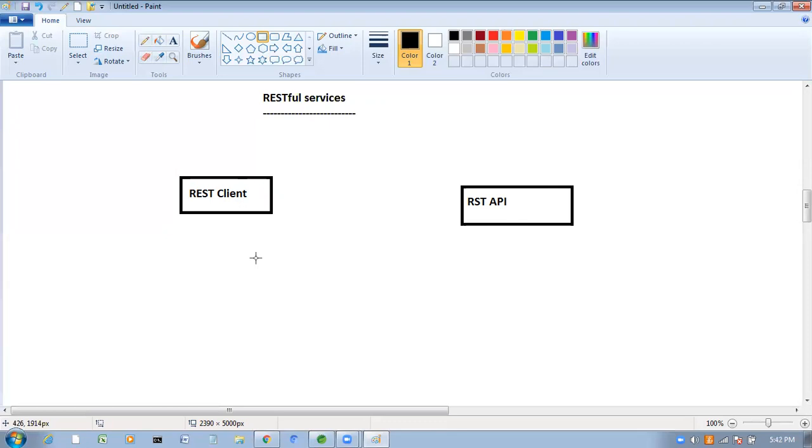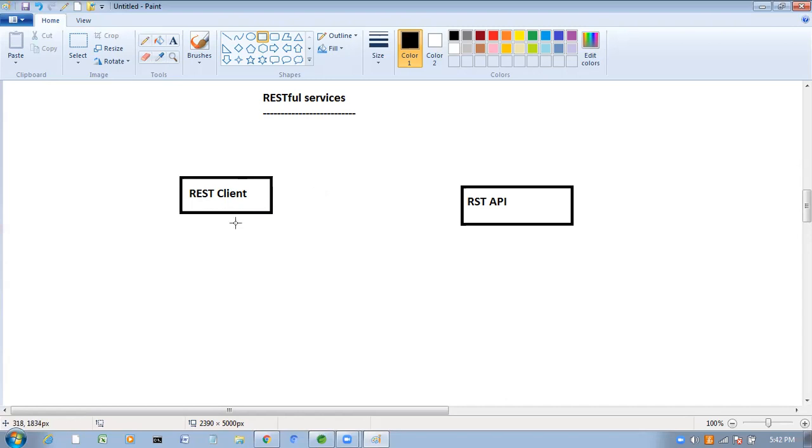Now my question is: how can this REST client be developed? Only if you know the details of the REST API can we develop this REST client.